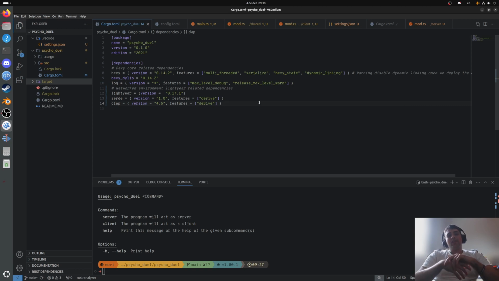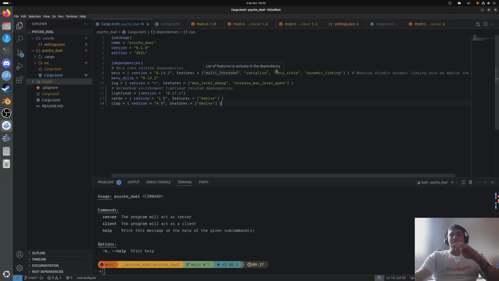Anyways, and here we're going to have a lot of dependencies. Multi-threaded is concurrently running threads in each CPU. Not going to go into detail on that. If you want to know more about multi-threading, just go watch a video about it. Serializing is a way of transforming things into JSON so we can communicate between server and client. Really important that we have that, specifically for Lightyear, because we're going to use the network.